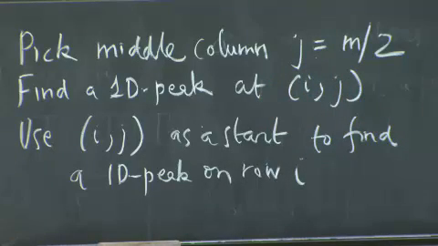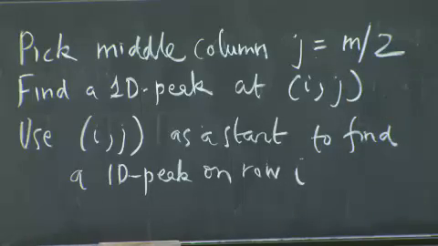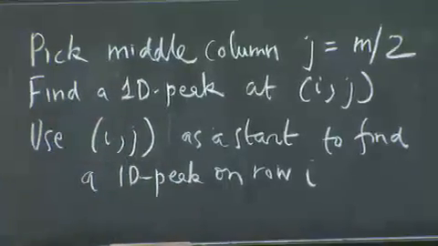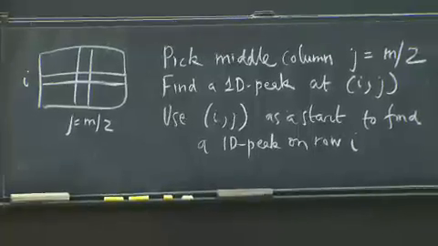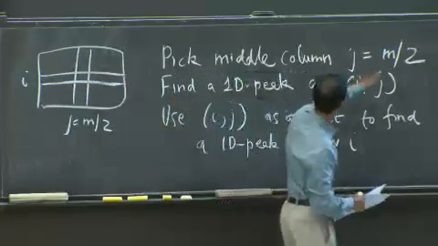And I stand up here and I'm really happy, because I say, wow, I picked a middle column, I found a 1D peak, that is theta n complexity to find a 1D peak, as we argued. And once I, theta m,